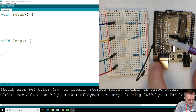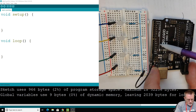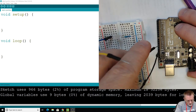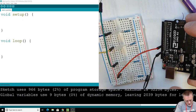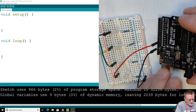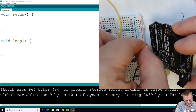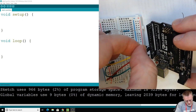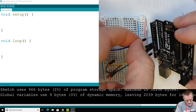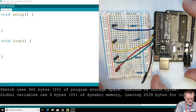So we got to select those. I'm going to just start from the top. My red wire, I'm going to do 11, and the next one 10, 9, and I'll skip and go to 6. So let's go ahead and do that. First one, 11. It's also helpful, I don't know if you noticed, but along here we got the numbers repeated. Help me make sure I get them in the right spot. One there, and one way over to 6. Just like that. Alright, so our circuit is complete,